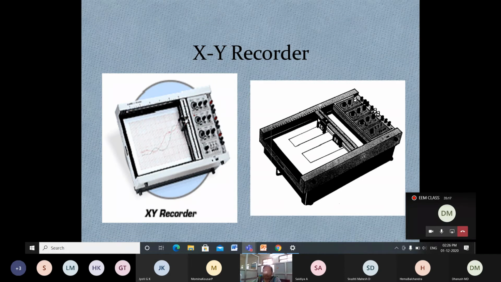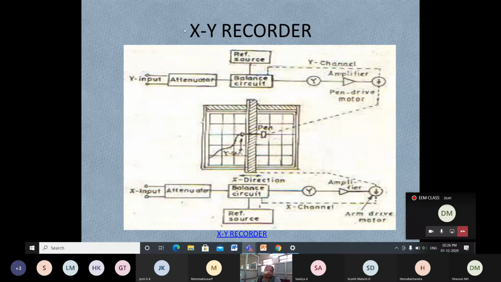And this is one more. Here two pen recorders are used. Here are the different switches where we can control or change the information, depending on which one you are going to use based on your application. Where we are going to test or measure the information depends on these function keys. Okay, next this is the XY recorder block diagram.